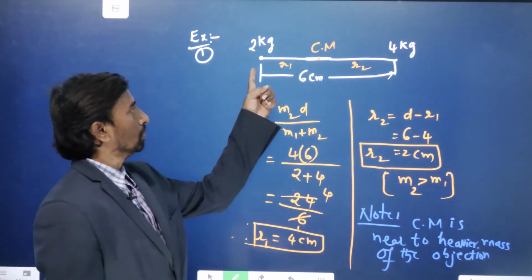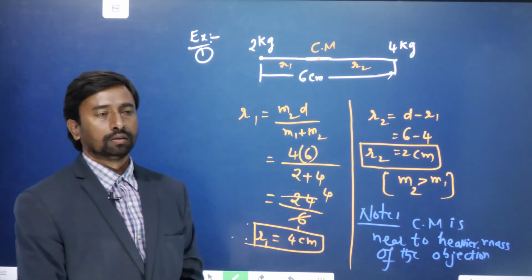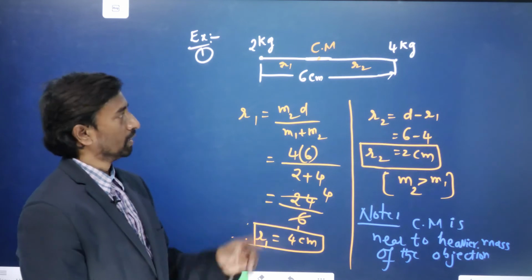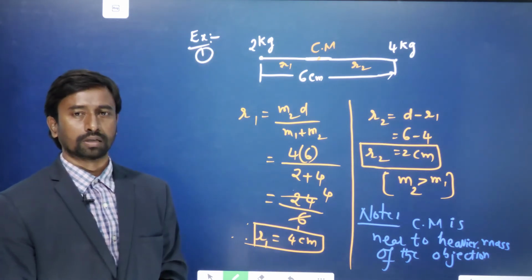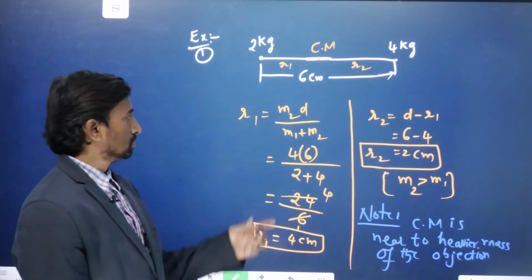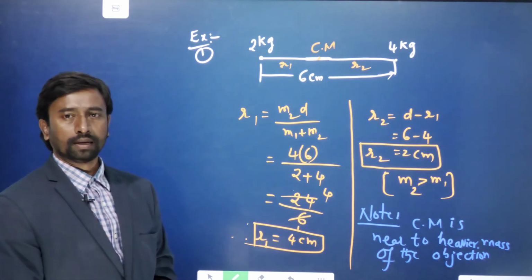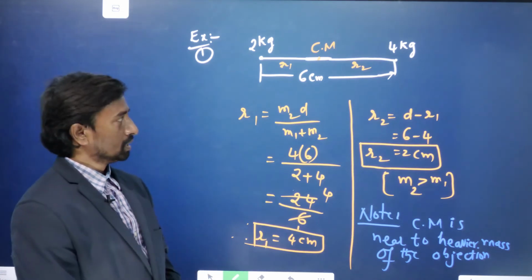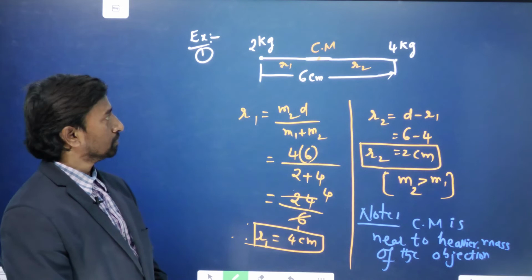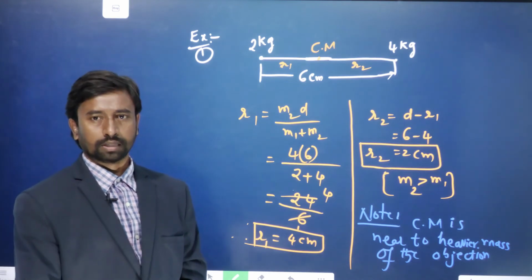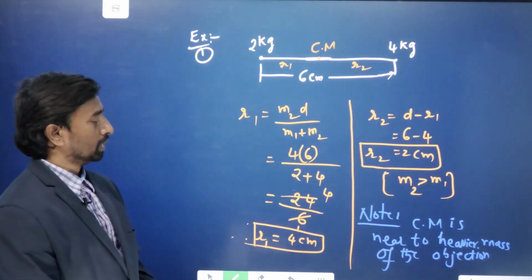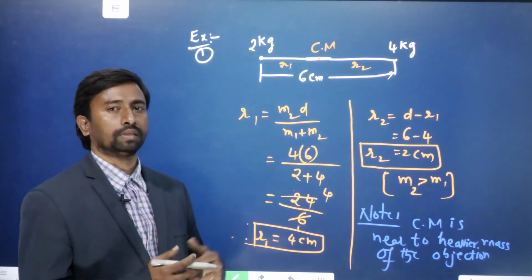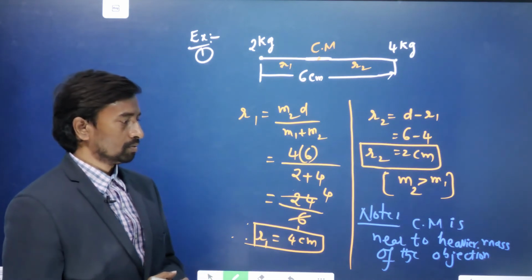Here we have seen only two particles along the x-axis. Even the same formula can be applied if the two particles are along the y-axis. If the two particles are along the y-axis, we will also use the same formulas for the two-particle system. Now we will see the system of multiple particles of a body: a collection of masses, and how the position of the center of mass can be found.